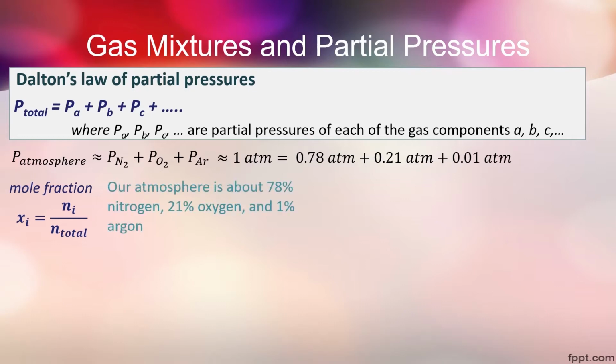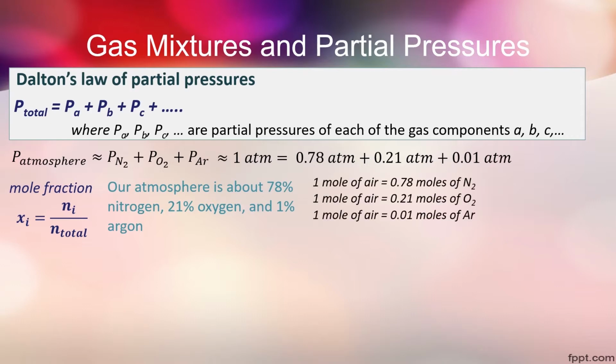Now, we know that our atmosphere is about 78% nitrogen, 21% oxygen, and 1% argon. These percentages divided by 100 are just another way of expressing the mole fractions of each gas. Now, we can set up 3 simple relationships for this mixture, assuming we have 1 mole of the gas mixture. Knowing these concentrations, we can calculate the amounts of each component if we were given a certain amount of the mixture gas. For example, if we had 22.4 moles of air,